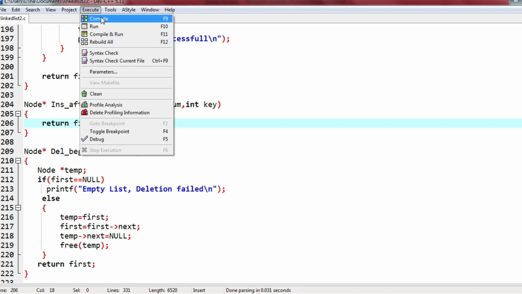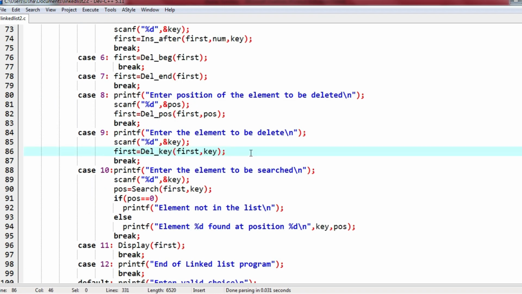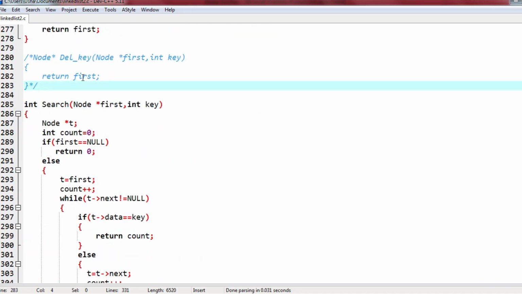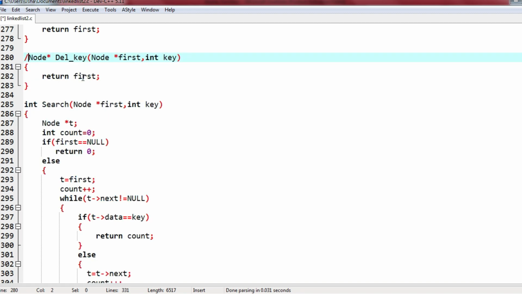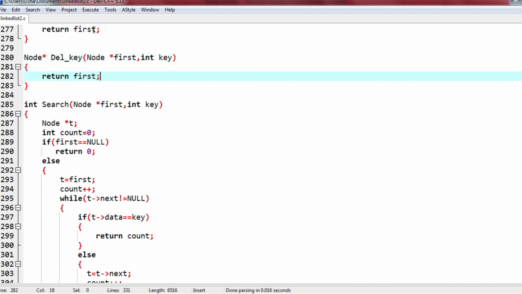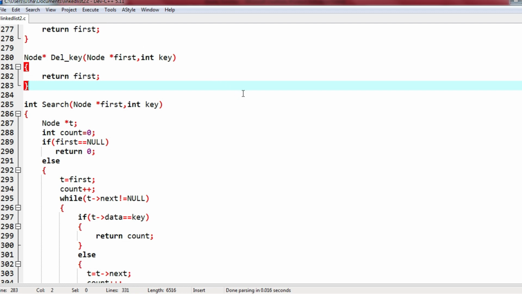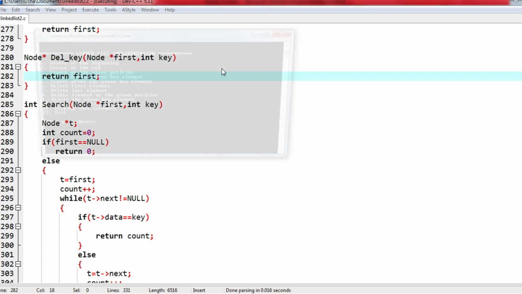Now again I'll compile. See, delete key is not there, because delete key function, the stub, I had commented it. Now I'll remove this. See, right now delete key is also present, but actual code is not present here. I've just written a temporary replacement, giving the impression to the compiler that the delete key function is also defined. But does the function definition contain the actual instructions? No. It's just having one return statement to match the return type. That's it. So I'll compile. Okay, now I can run the program since there are no errors.